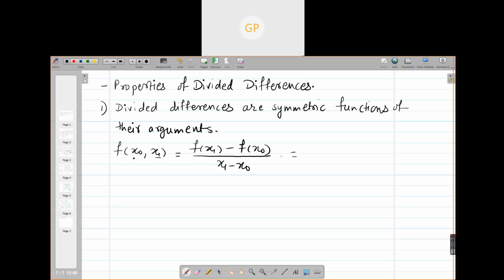Are you getting it? So can I rewrite this, putting a square bracket here, as this and this as,